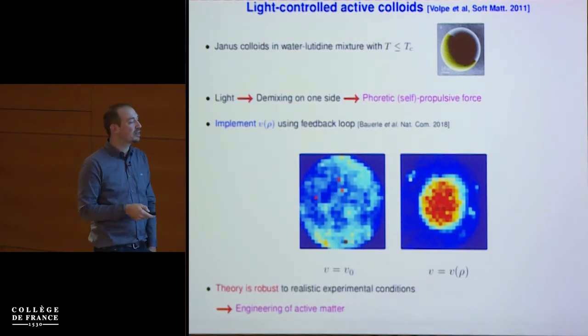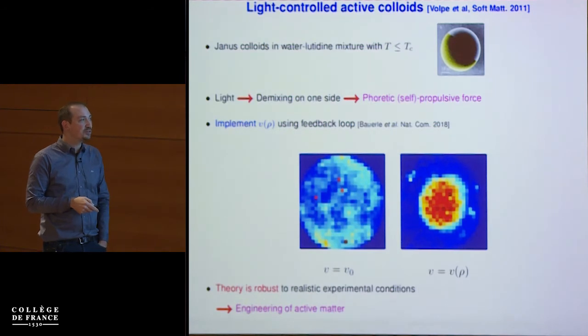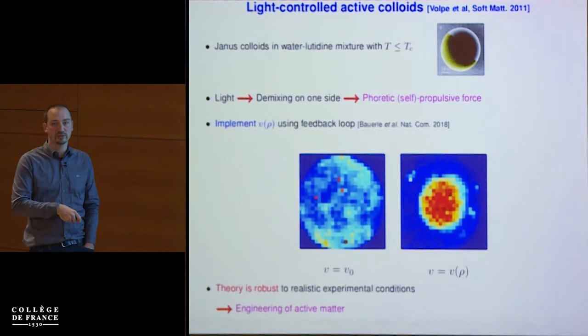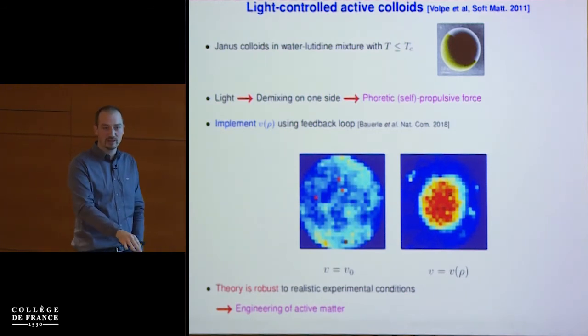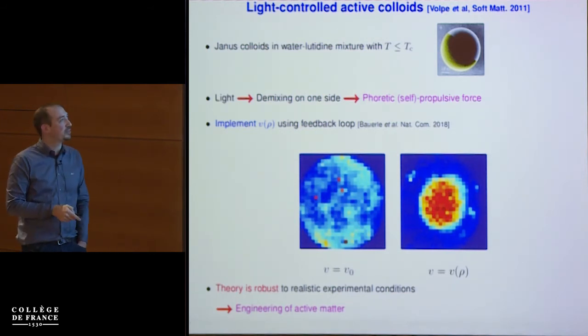You could say that this is really a kind of analogic simulation. But I think that's still something very interesting, because if indeed we think about active matter as something we want to engineer, then definitely having a handle that allows us to control the collective property is very important. That's why we like LCD, not just because we have phase transitions, but because we can use them as displays.